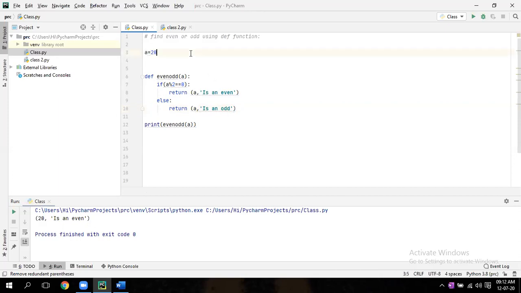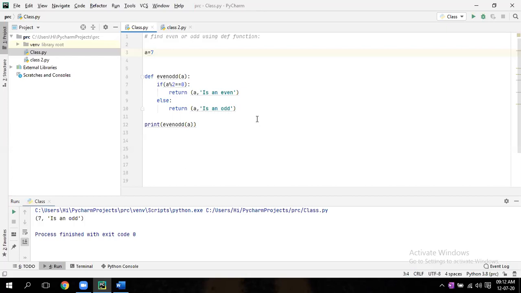Wow, super. Good. So at least you understood the concept. A function is nothing but the same code: you define a function and call it. Simple. And here you have to write a return statement.